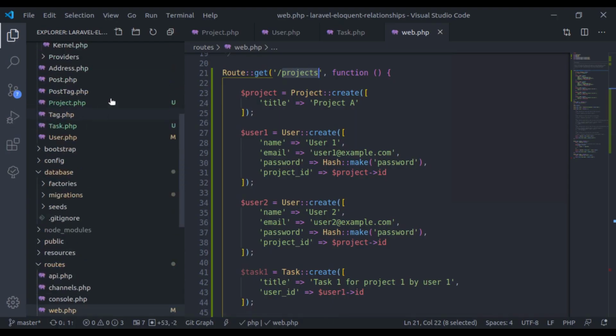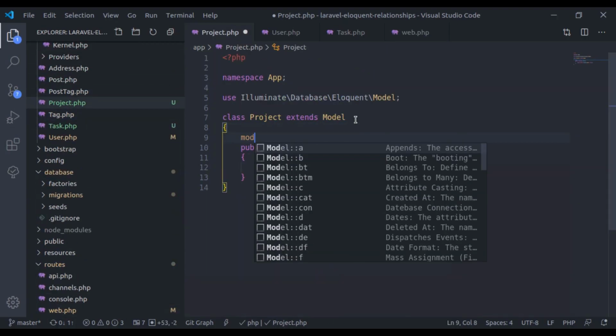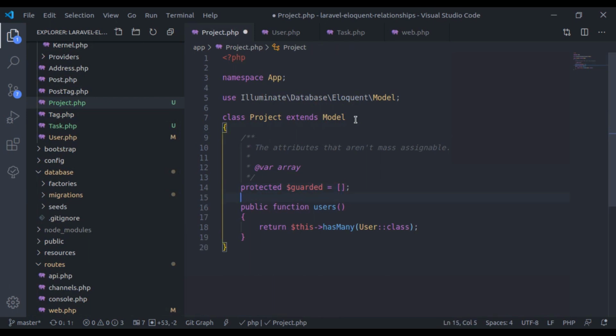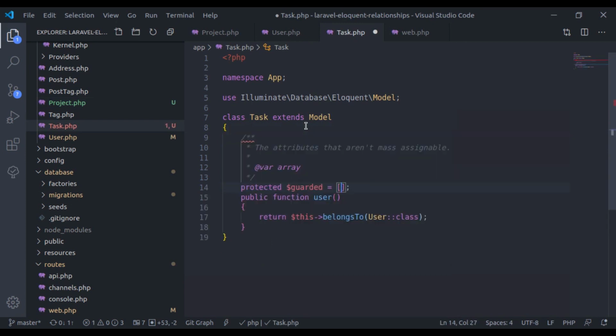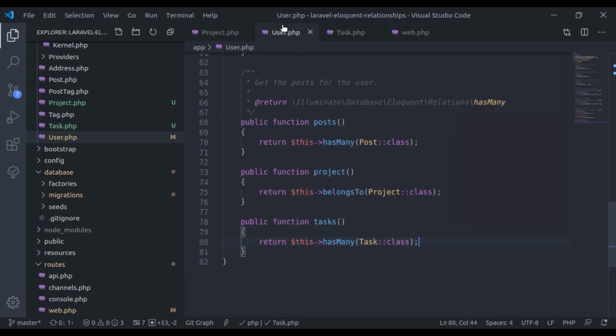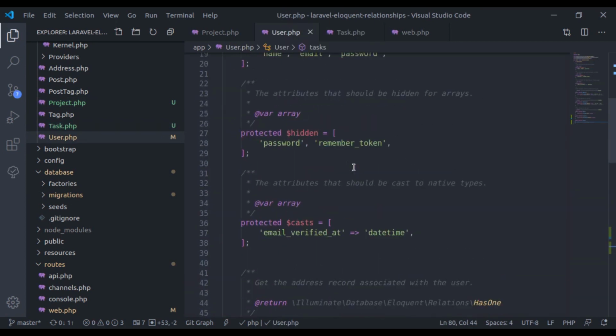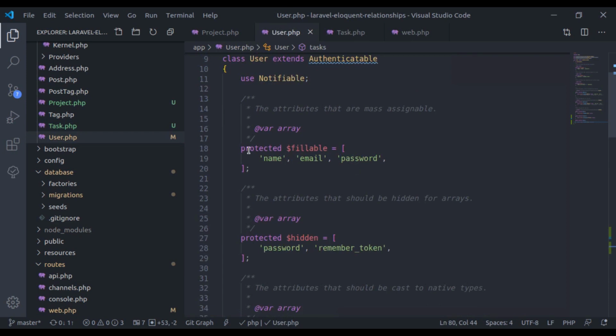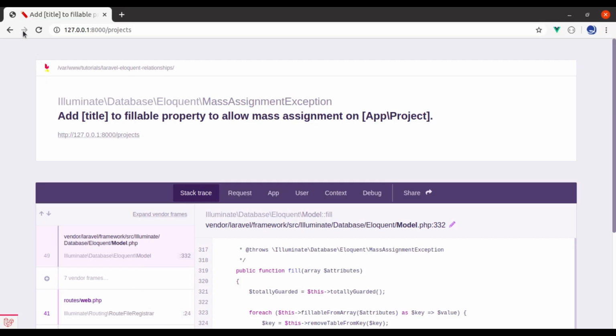So in the project model here I'll say $guarded is equal to an empty array. Similarly in the task model, $guarded is equal to empty. Next in the user model, it already has fillables, just add project_id. Now let's go to the browser and refresh one more time.